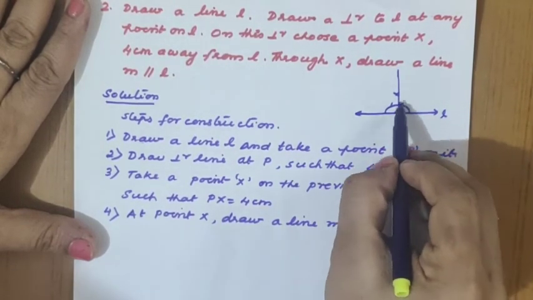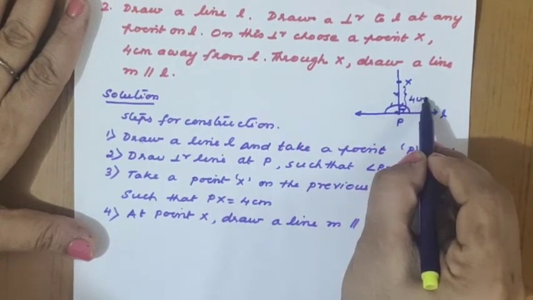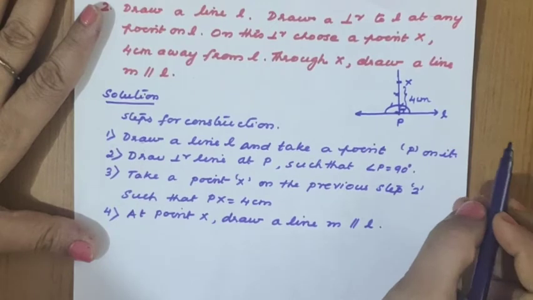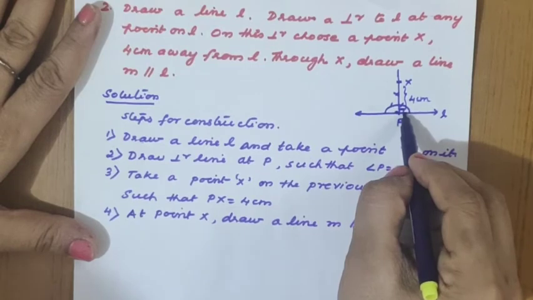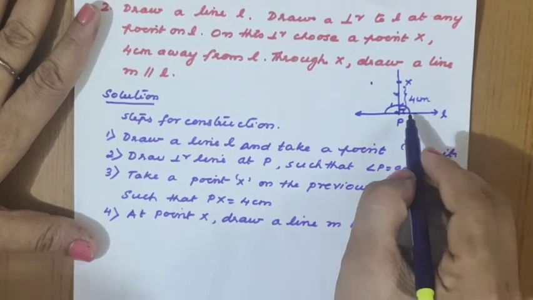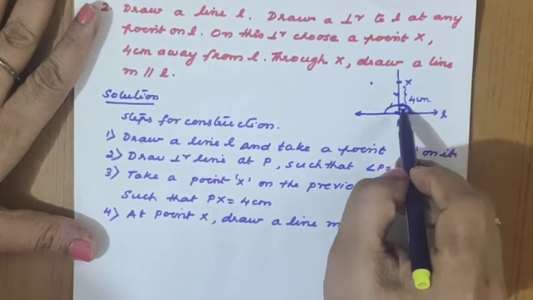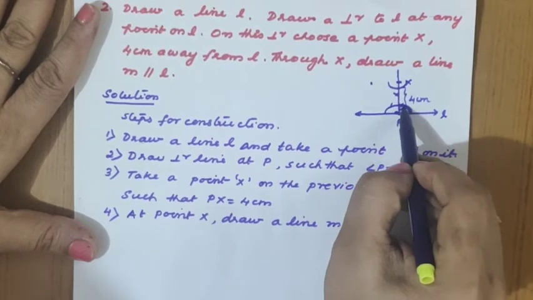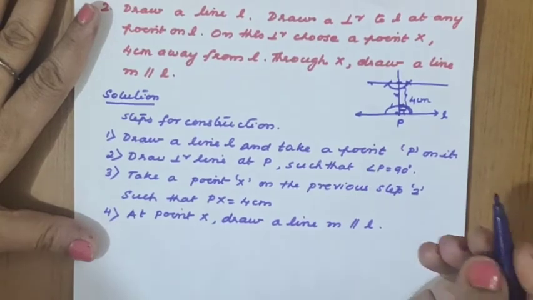Next, a point X, here we have to mark X such that this distance equals 4 cm. Again, what is that one? At a point X, draw a line parallel to L. So again you have already studied, because of alternate interior angles, this angle is 90 degree only. Either you can draw a perpendicular at X, that is also correct, or otherwise what we should take is this measure, and cut an alternate interior angle. So the same arc we should draw here. Again measure this radius, take it and cut here, and draw this line.